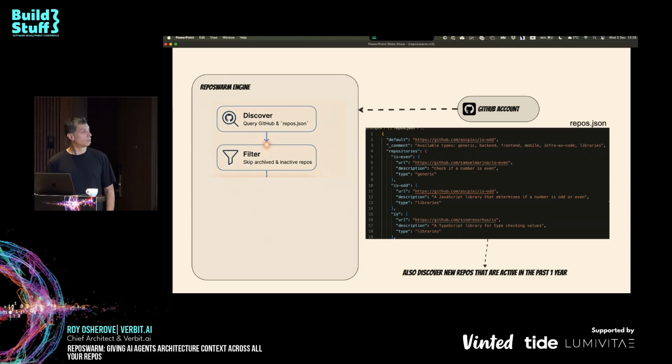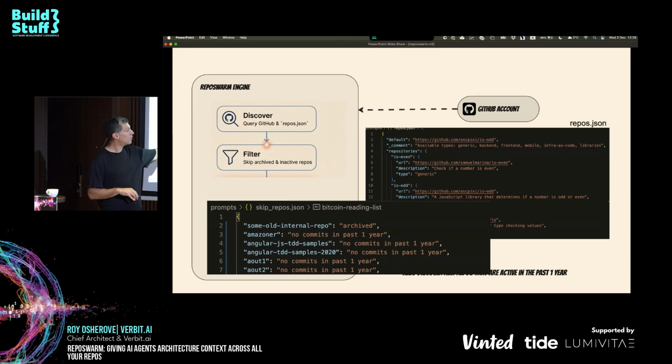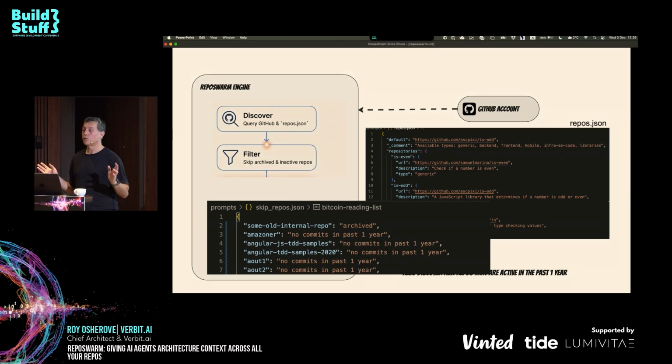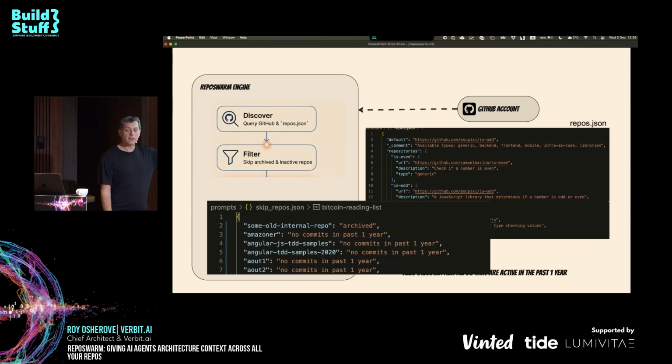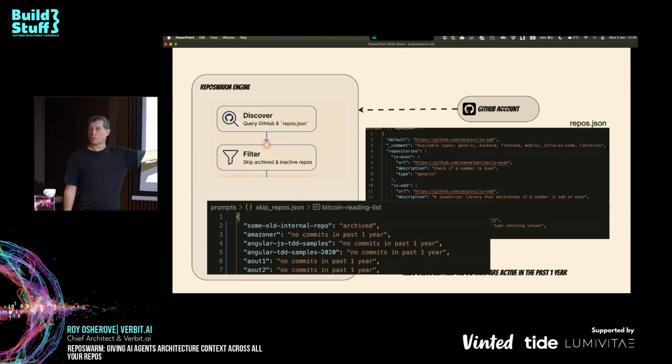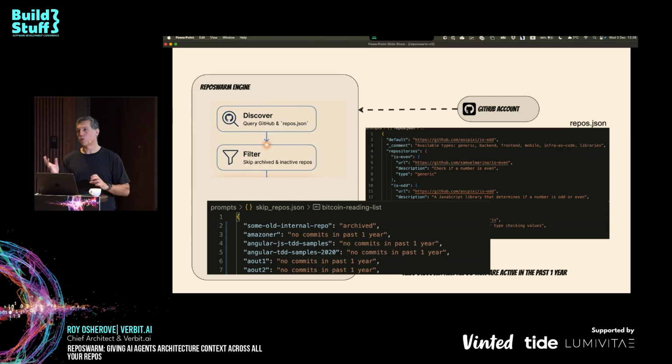And then we filter them to repos that are older than 1 year. And I also might filter with the special skip repos because some repositories I don't want to document. Maybe they're just hackathon repositories, they're just adding some extra noise, etc. So you can skip repositories. It generates this automatically with no commits in the past 1 year, and you can add to this repos.json. So the entire engine is controlled with JSON.